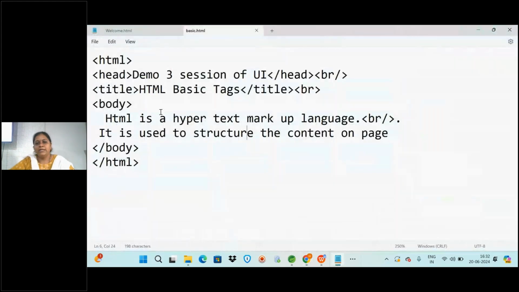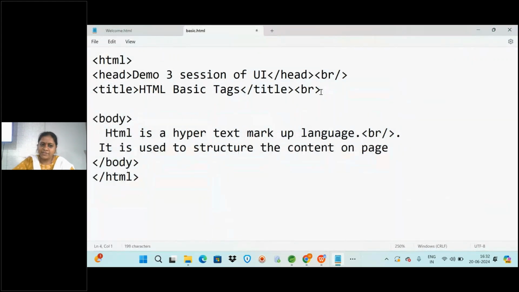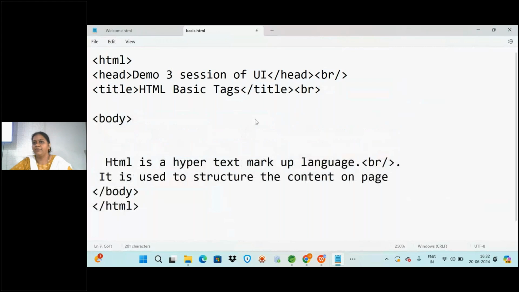Okay, now a few more tags we will be seeing here. Like we have seen the H1, H2 tags. The heading tags need to be displayed in specific sizes, from H1 to H6. So how do we give sizes in the heading tags? Whatever text you write in H1 will be displayed in big size, and next H2 will be a little less, then H3, H4, H5, H6, like this it will continue.